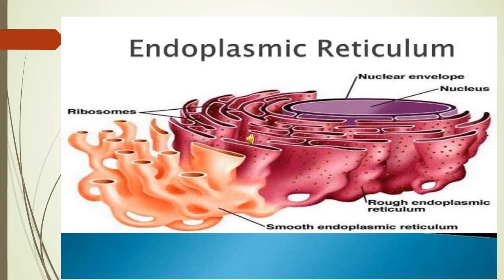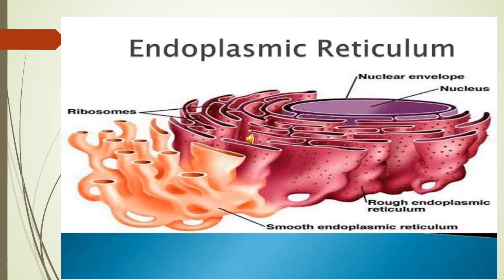Look at the picture. This is endoplasmic reticulum. Very important: the endoplasmic reticulum is a large dynamic structure that serves many roles in the cell, including calcium storage, protein synthesis and lipid metabolism. Lipid means cholesterol, fat. So the main function of the endoplasmic reticulum: it has distinct domains consisting of tubules, sheets and the nuclear envelope.